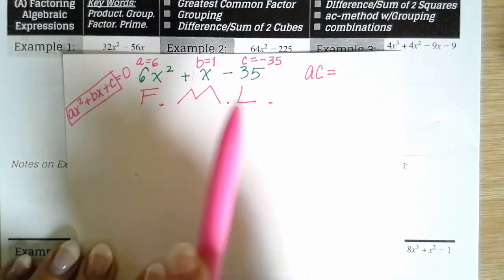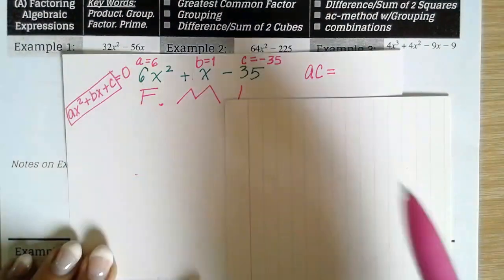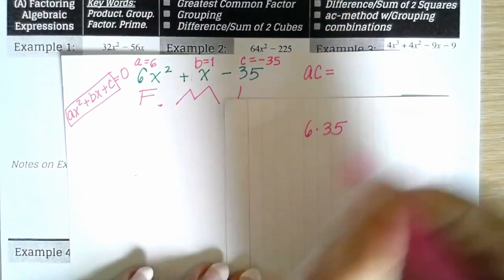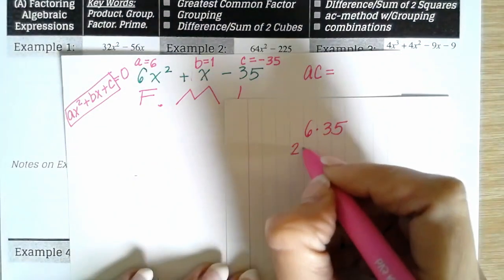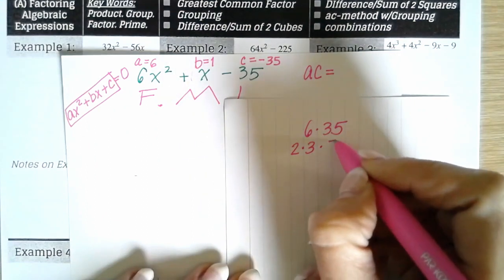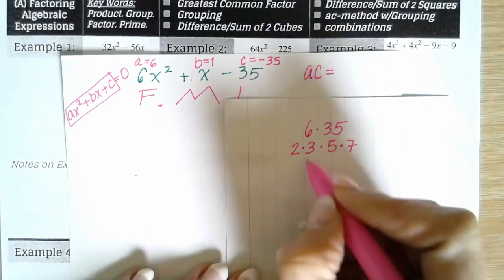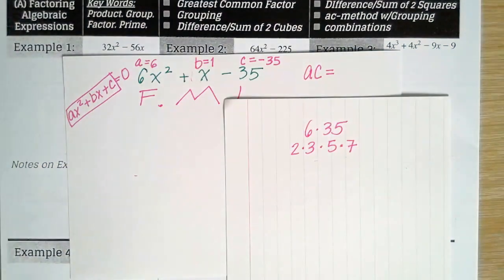Now, again, this does not mean you have to bust out your calculator, okay? You can start small. 6 and 35. Handy tricks. All stuff that we're learning along the way that are going to help us with everything. 6 and 35, well, 6 is really 2 times 3. 35 is really 5 times 7. If you know how to break a number down, it'll help you multiply without going too crazy. So over here, what we'll do,